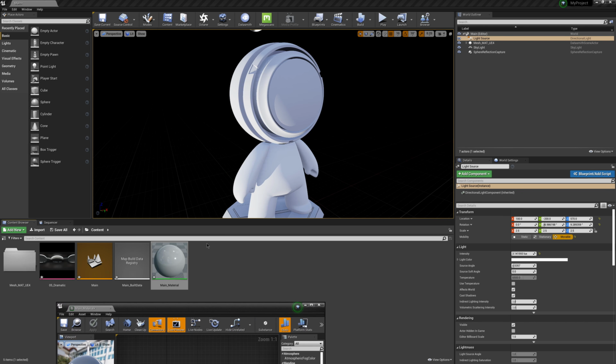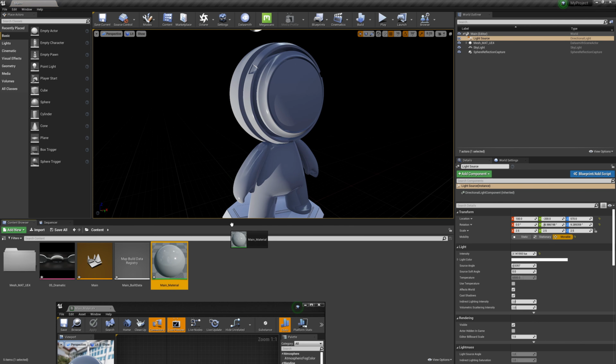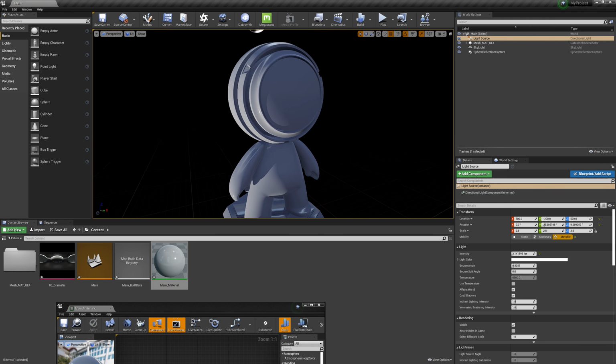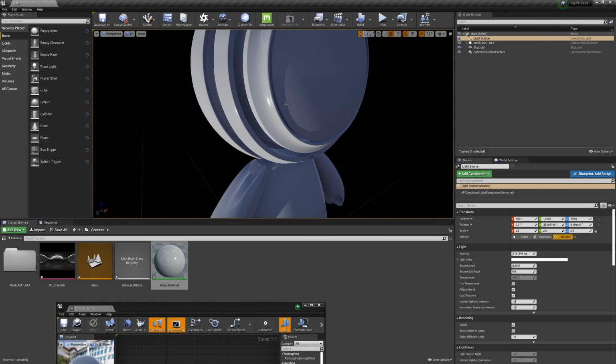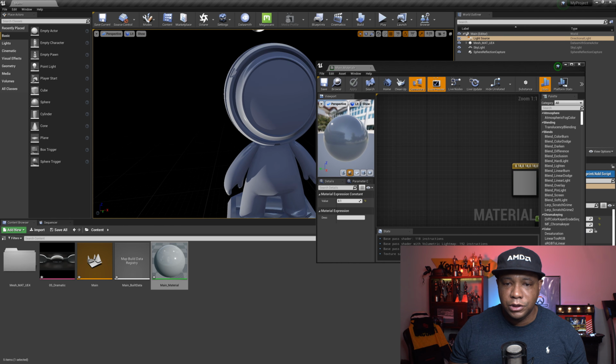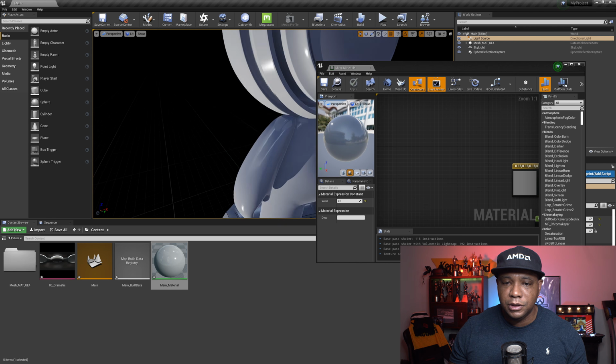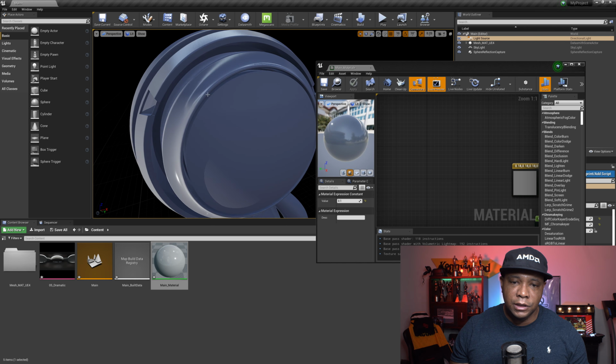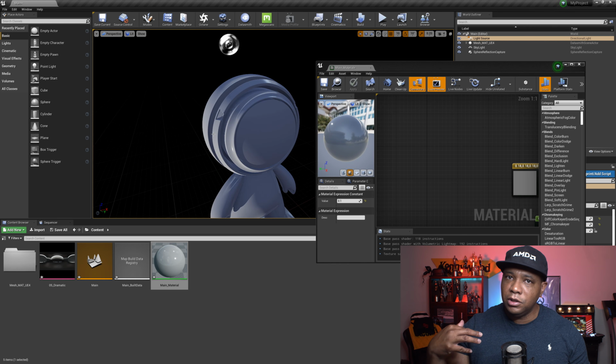I'm going to start adding this material to my character. So I can actually just click and drag it onto my character here. And now we can start seeing our HDR and our lighting really starting to shine through on our character here. The whole reason for this tutorial is I want to show how we could use the different items inside the Blemish Pro pack to dirty this up and add that little bit of